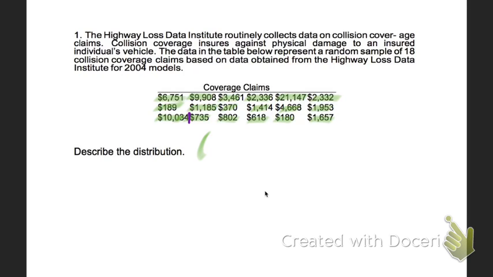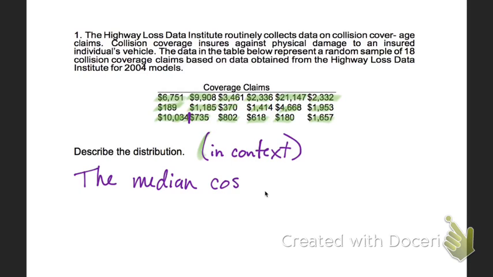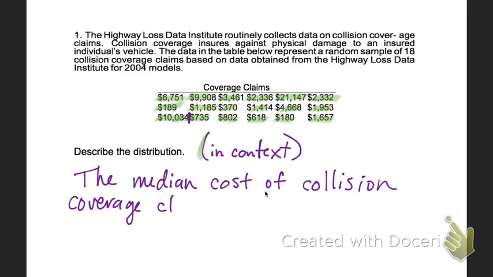So, oops, that's highlighter. So I'm going to say in context. And we've had this problem before. The problem is talking about the damage costs of, or coverage claims of individual vehicles. And so the first sentence is I'm going to talk about the median. So the median, let's see, median cost of collision coverage claims